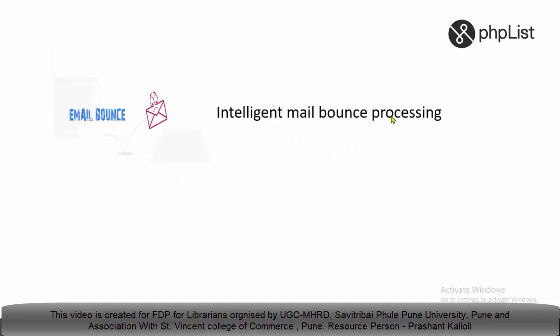One more beautiful feature is that PHPList has intelligent bounce processing. It checks and monitors bounce emails and prepares a blacklist of such emails. It means if our mails are bouncing, the system automatically makes a list and puts all those emails in a blacklist.